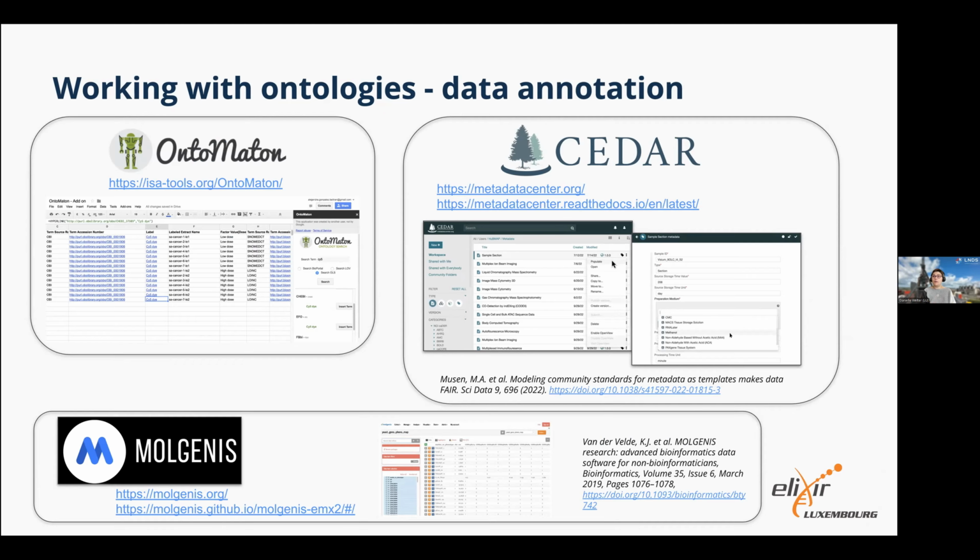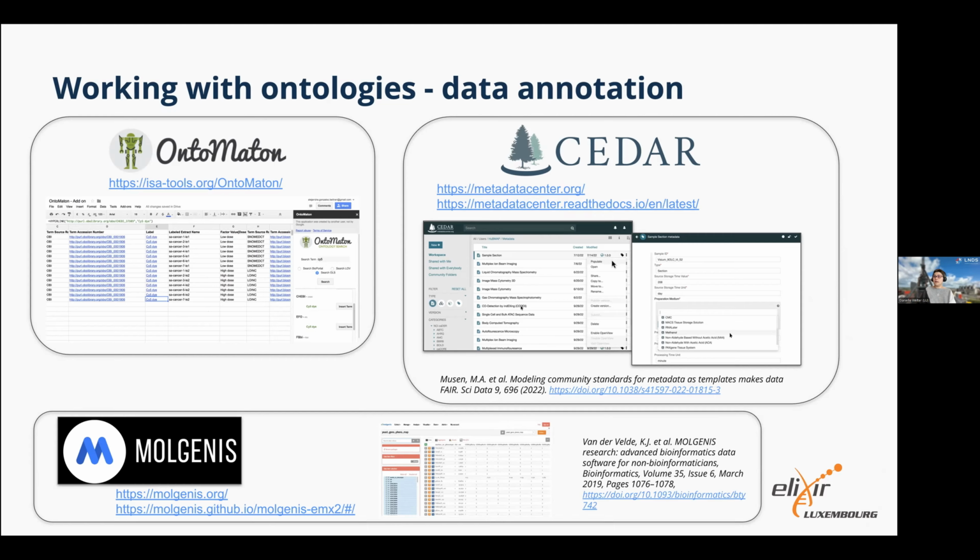But I did want to highlight three tools that are more general purpose, and they are open source. I mean, there's also literally hundreds of commercial tools that help with semantic integration, ontology maintenance, and so on. But in the academic space, we tend to prefer open source options. So ISA Tools has got a Google Sheets plugin called Automaton, which helps embed ontology terms in Google spreadsheets. It's quite well maintained. I've used it a few times. There's a bit of a barrier to setting it up, but once you've set it up, your users can use it quite nicely.